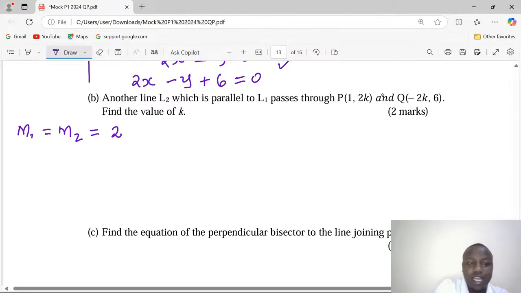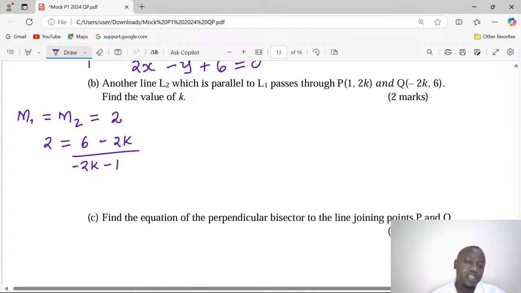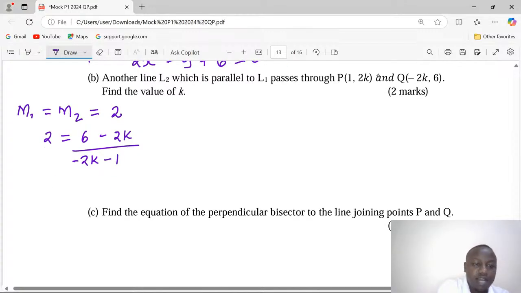The value of k can be found when we say gradient is calculated by change in y over change in x. Change in y will be 6 minus 2k divided by change in x. So -2k minus 1. So with this, we can cross multiply and have 6 minus 2k being equivalent to negative